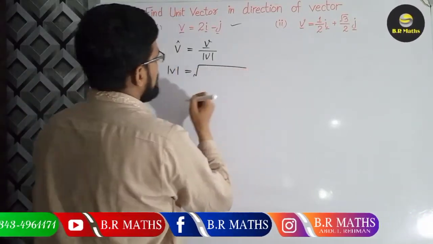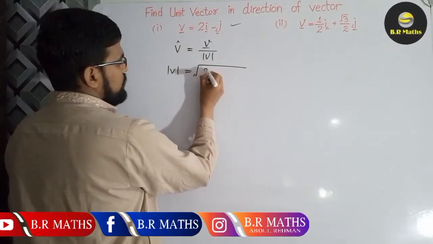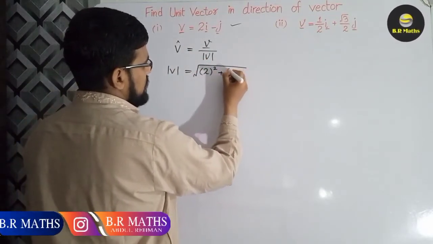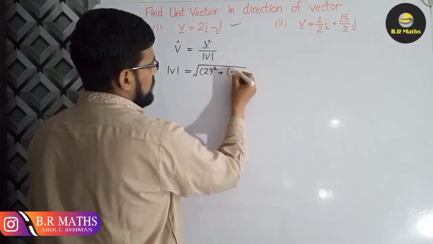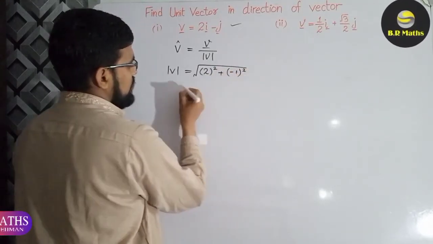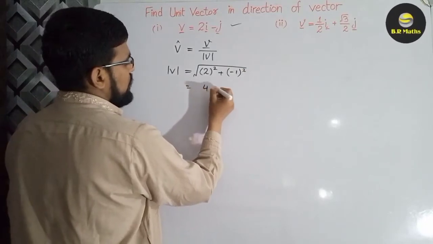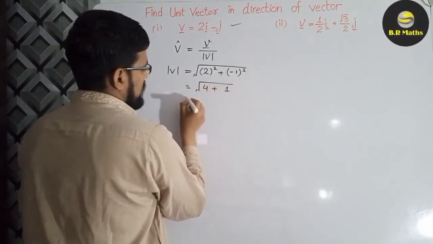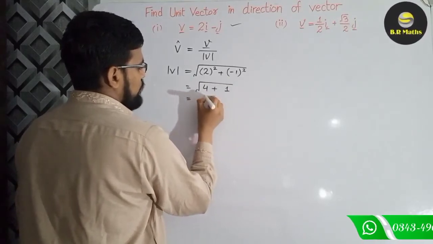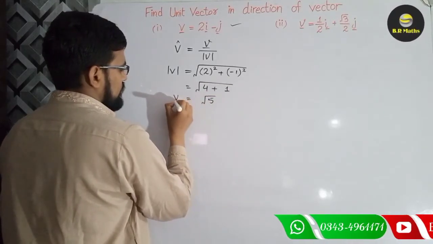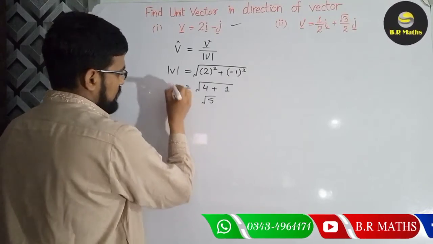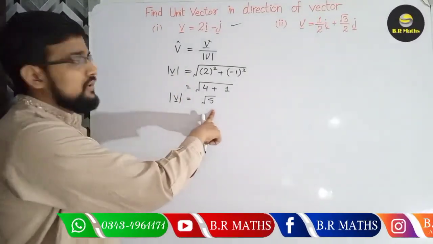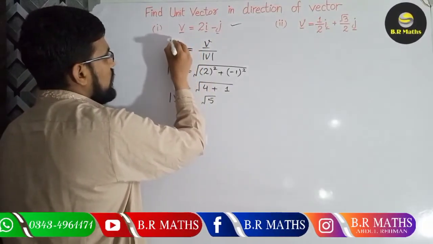The formula for magnitude is the square root of the square of the i component plus the square of the j component. 2 square is 4, minus 1 square is 1, which is equal to square root 5. Okay, so this is the magnitude, and according to this formula